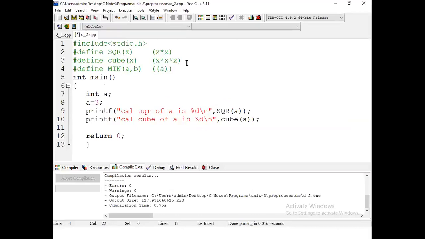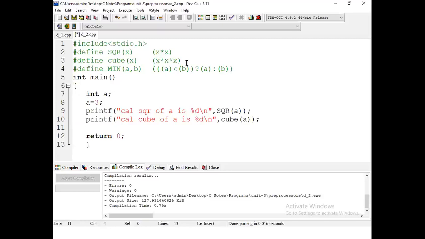Next, how can we define the two variables? A less than B, question mark, A, otherwise B. Okay, let us verify this minimum. Okay, the variables, no problem.